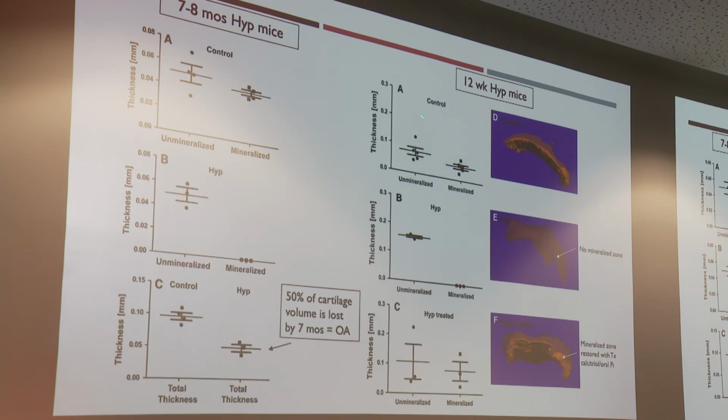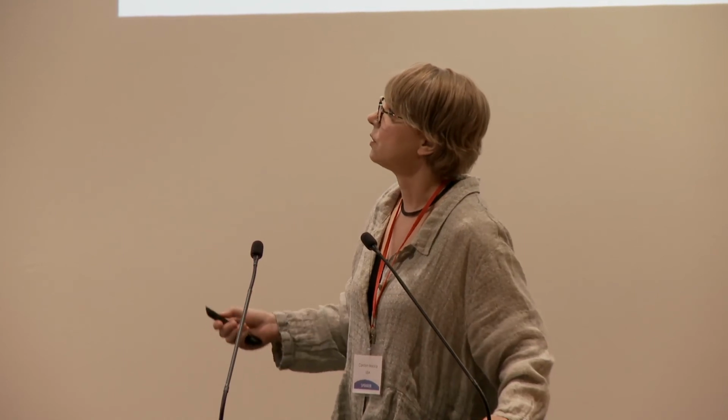So here we see that in the younger mice, the important finding that we have, if we treat the Hyp mice with calcitriol and phosphate, we were able to pretty nicely restore that mineralized zone of articular cartilage. So the articular cartilage, unlike the enthesophytes, is very sensitive to phosphate replacement and is able to restore the normal hierarchical structure. The other thing we saw was a huge induction of